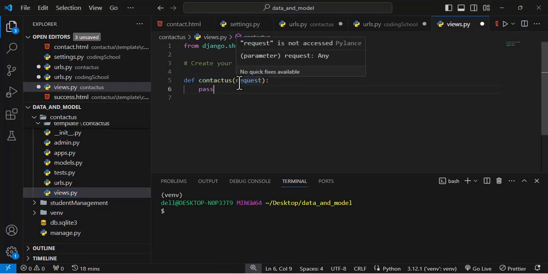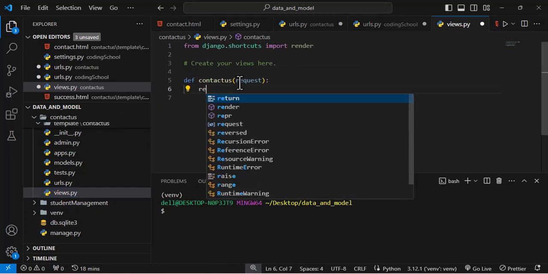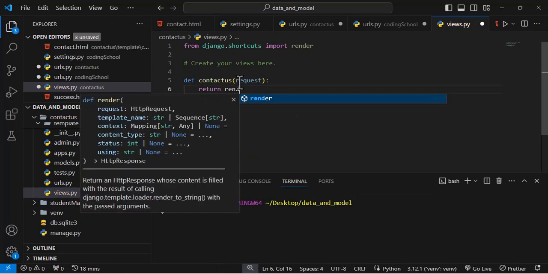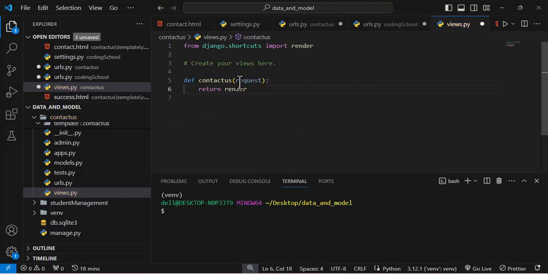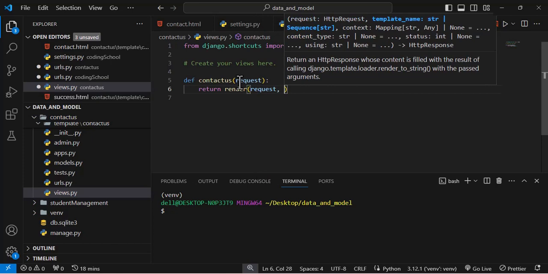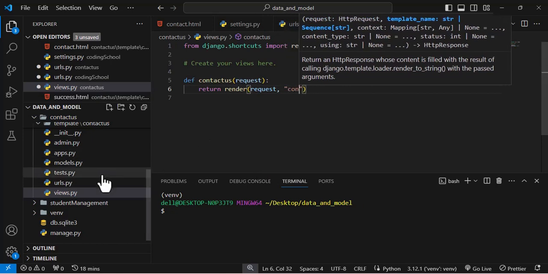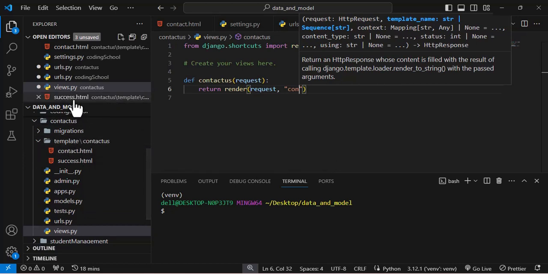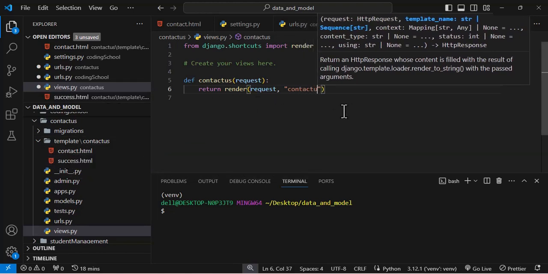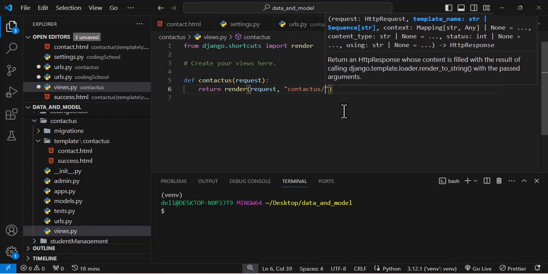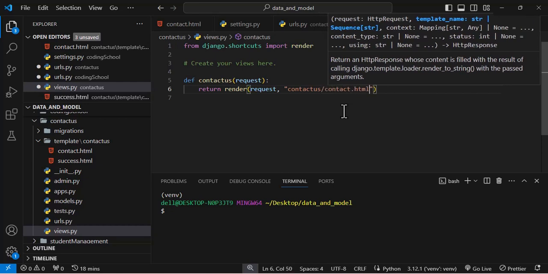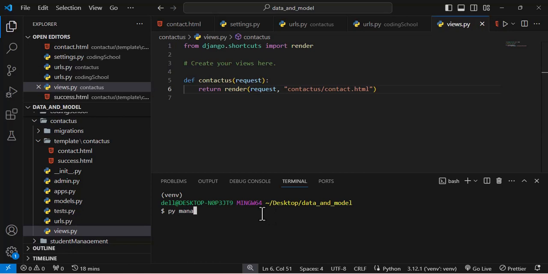So I then come to the view and render the return render. I'm going to be rendering the request, and what I want to render is this particular template, which is the contact.html. So don't forget that I've put it inside contact us file folder. Then I go the way of contact.html. So if I save now and I start my application using python manage.py runserver,